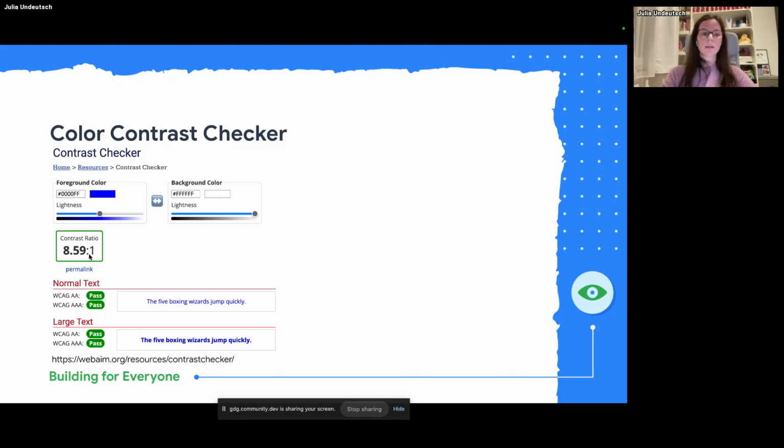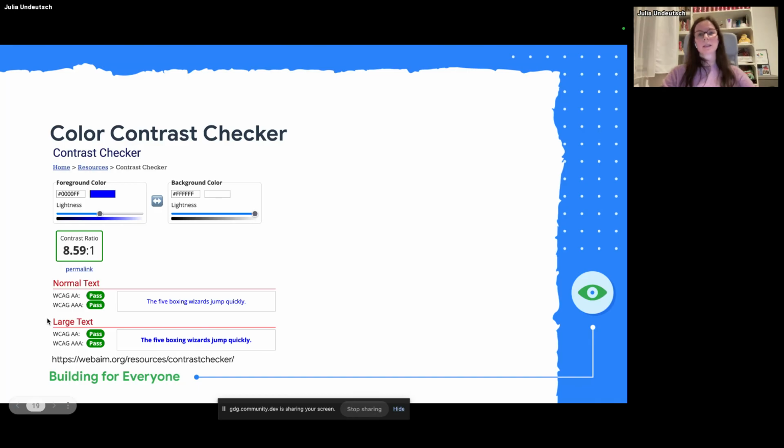It immediately shows you if the contrast ratio is high enough, or in this case, the ratio itself. And I know it's high enough, even though you maybe cannot see that it's a green circle because of color blindness, but we know the rule that it's 4.5 at least. And it also shows in which combination it's going to work, that to fulfill WCAG AA, you pass with normal text and with large text as well.